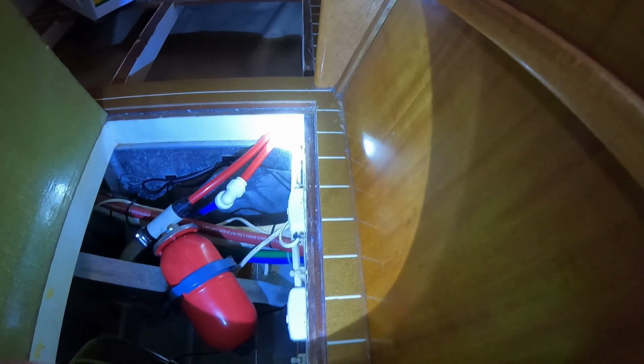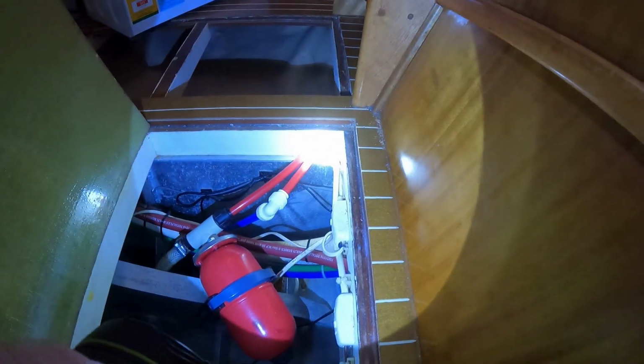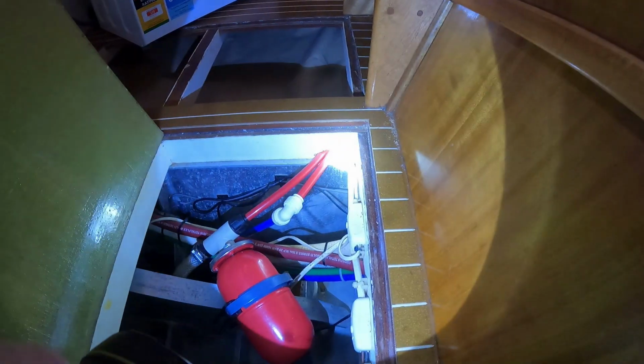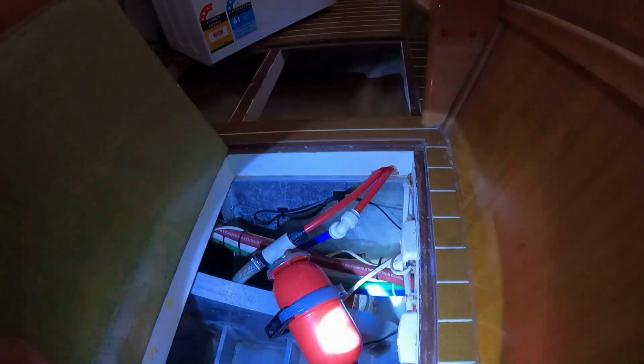I just got to get some silicone now to seal up the timber. Because I've drilled through there, we don't want any moisture getting into the timber, so I'm just going to seal it all up either side with a heap of silicone to try and deter any kind of moisture that might get into the timber, because I have broken where it has been painted. And yeah, next step is to do the same to the other side and get it all ready to go